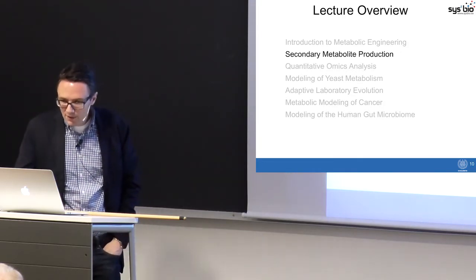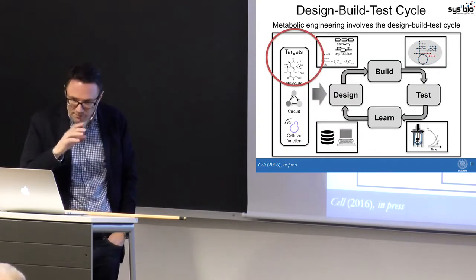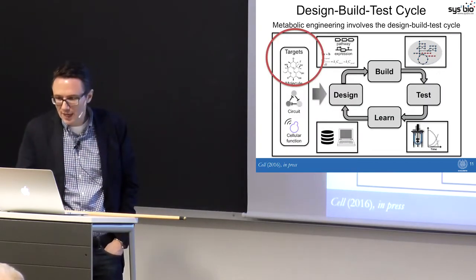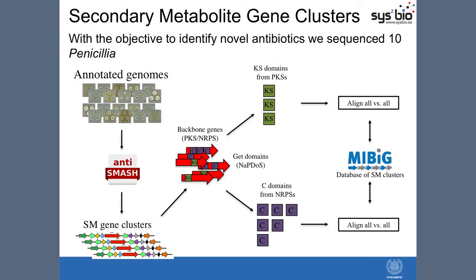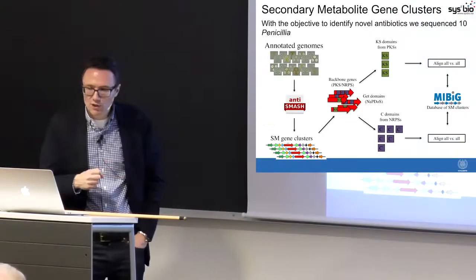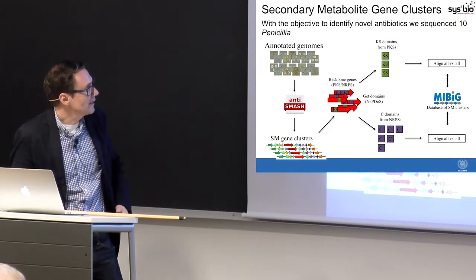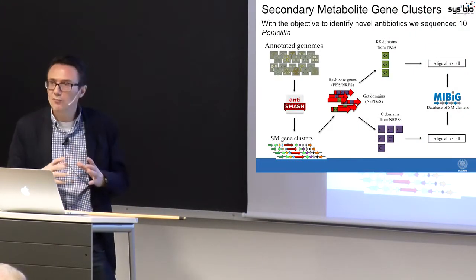So let's look a little bit at an example of interesting molecules to produce, and the identification of target molecules. There is much interest in finding new secondary metabolites, particularly to be used as antibiotics. Antibiotic resistance is a major global problem. Many of the same chemical scaffolds are identified again and again, so often they don't really resolve the resistance problems. So we therefore undertook a project going into a group of organisms that have actually not been exploited that much,